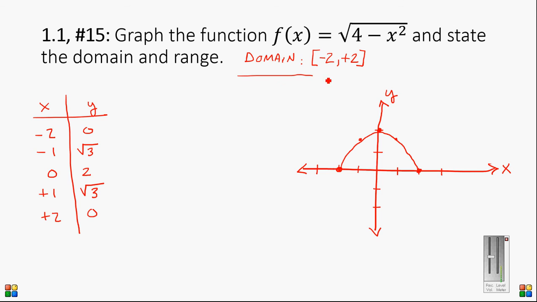If this was my domain, my domain is really from here to here. How much of the x value was I allowed to use? That was my domain. Okay. My range is how much of the y value was I allowed to use? Well, my range only went from there to there. So if you take a look there, we can see our range now